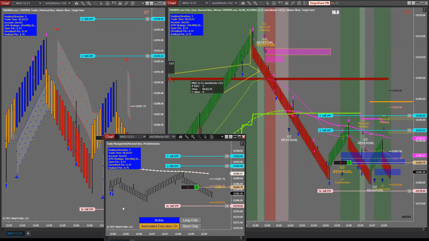It's basically just a chaser. That little chocolate bar that shows there, all it is, regardless of where your target is, you're close enough for government work. So boom, I'm trailing this really tight. And you could do it with the ATM strategy. But